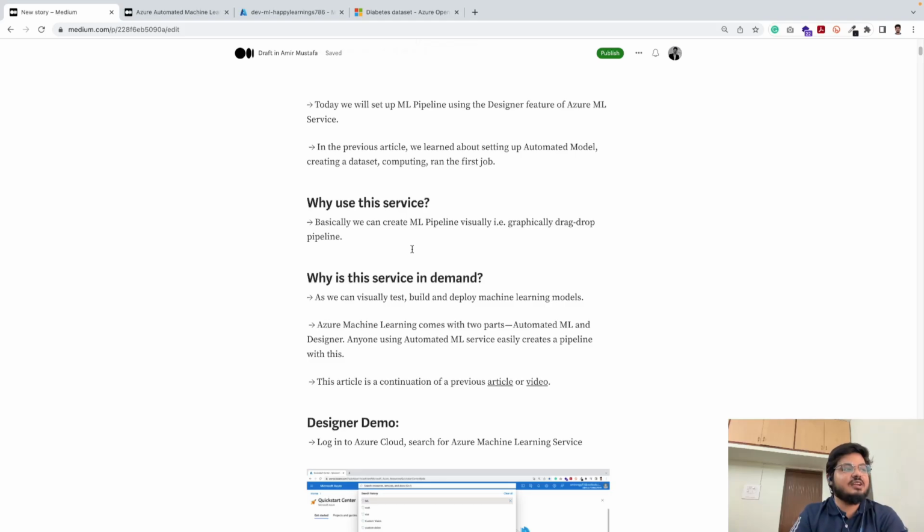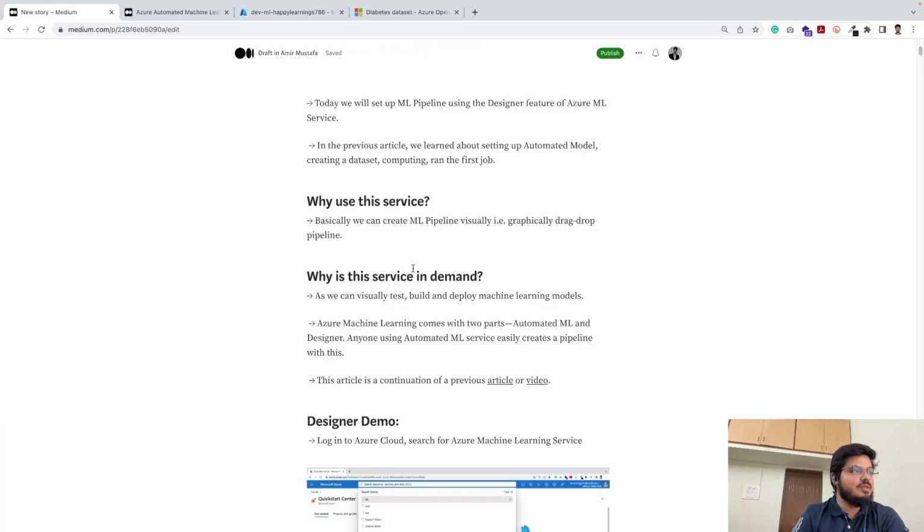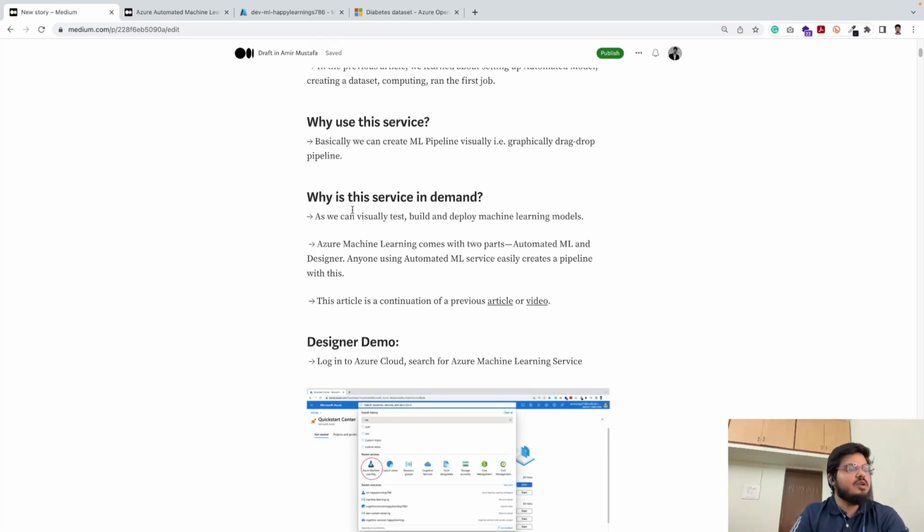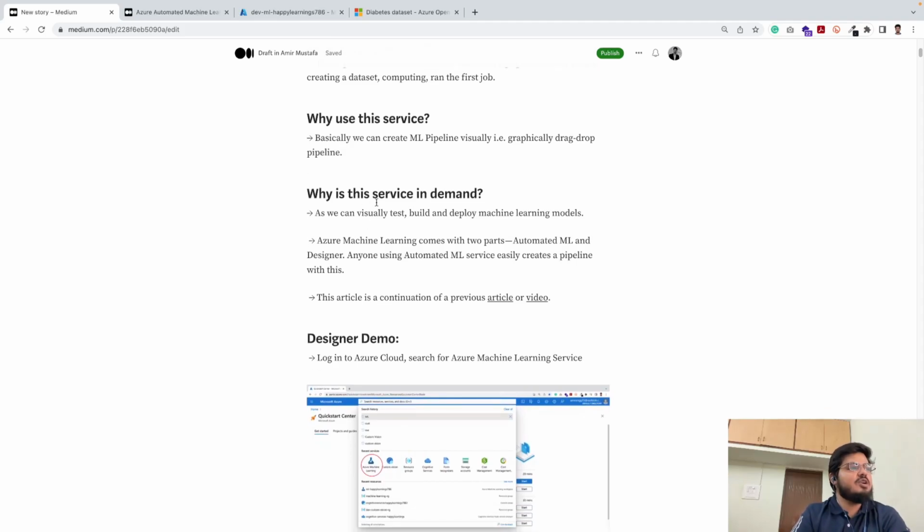Once you do it, you'll recognize that this is very user friendly, developer friendly. The next thing, why is the service in demand? Today or tomorrow we'll be using machine learning in our application. Whenever we get a chance to use Azure machine learning service in our project, at that point of time